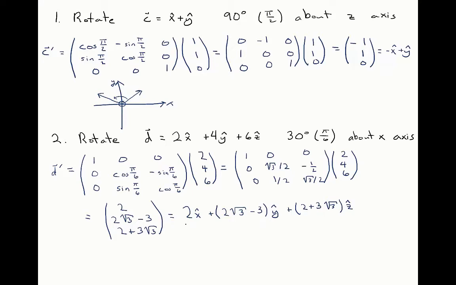But what I want to point out is that the x component didn't change. So you were rotating about the x-axis, which means only the y and z components are going to change. But the x component stays the same. Let me know if that makes sense to you. And you can write